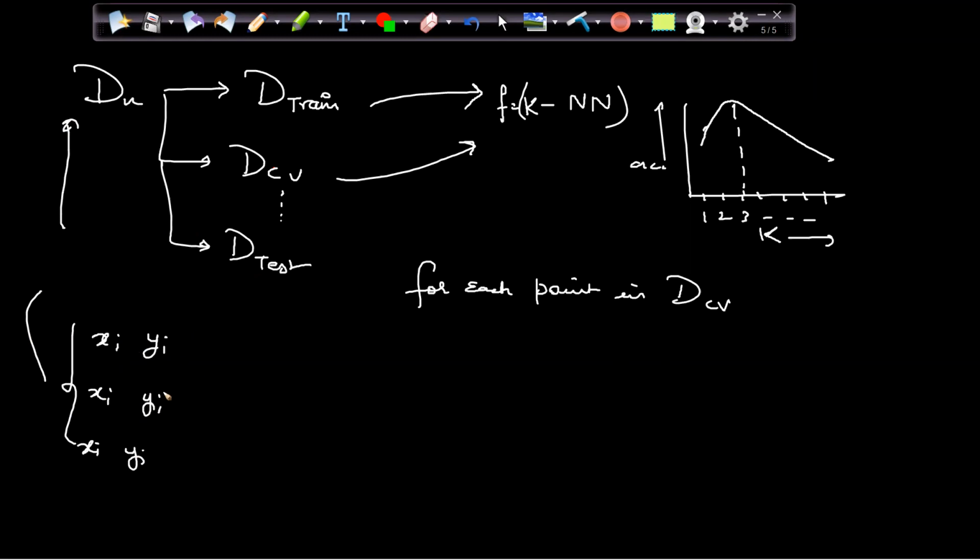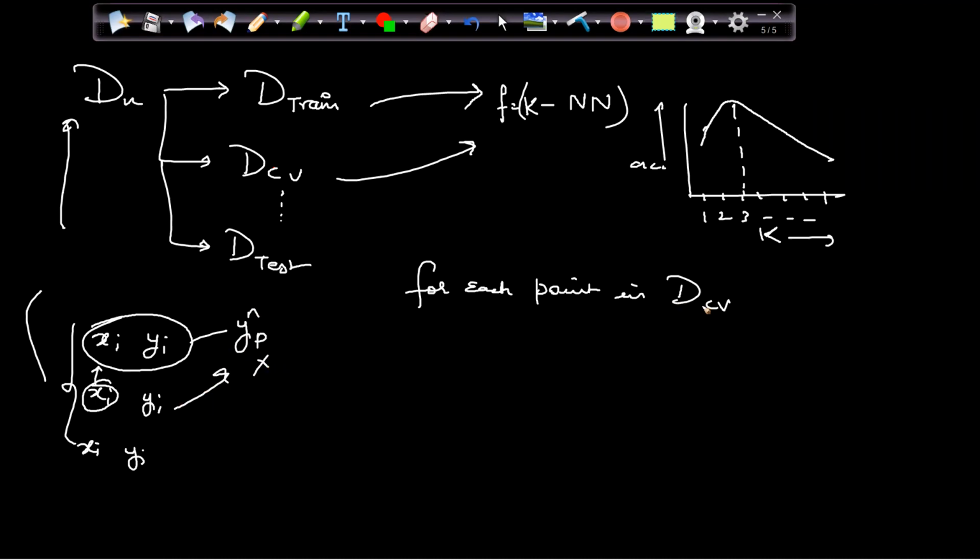So what we are doing is, we created the model using this train data. Now we are using this CV data, passing the xi's in the model. I am getting some y predicted. This y predicted, I want to compare with yi's. If both are matching, then it's a correct prediction. If not, then it's a wrong prediction, right?